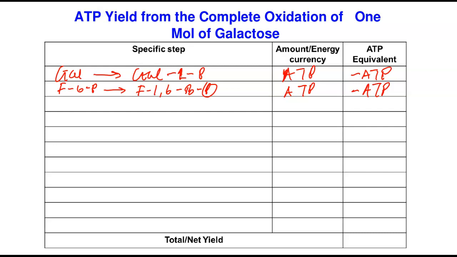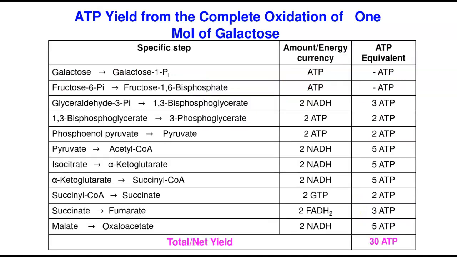We will now continue with the rest of glycolysis until we get to complete breakdown. From glycolysis, you enter the citric acid cycle where it is finally broken down, and you make sure that all your equivalents are worked out correctly, and this is what you're going to get. Remember, we said from galactose to galactose 1-phosphate. From galactose 1-phosphate, we got fructose 6-phosphate to fructose 1,6-bisphosphate. These are the two we got.